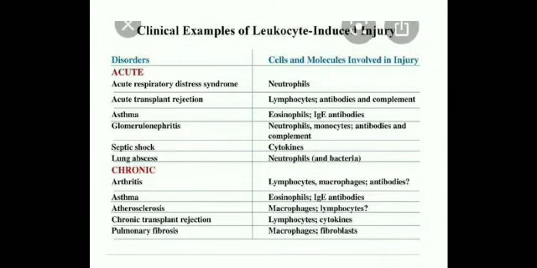Let's talk about leukocyte-induced tissue injury. Leukocytes are capable of secreting potentially harmful substances such as enzymes and reactive oxygen species that can lead to tissue injury. For example, as a normal attempt to clear the damage in dead tissue, for example after a myocardial infarction, in an infarct, inflammation may prolong and exacerbate the injurious consequences of ischemia, especially upon reperfusion.